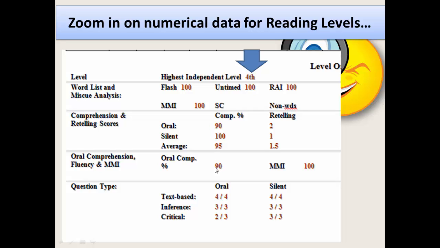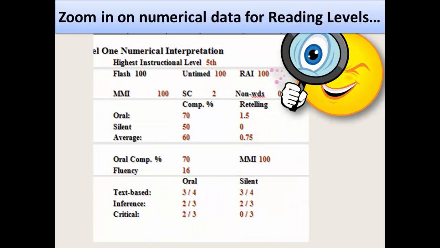So you have oral comprehension of 90 with an MMI of 100. And here you have all the breakdown, question types, all solid. Clearly, this is level 1 numerical interpretation. Solid independent. Move on to